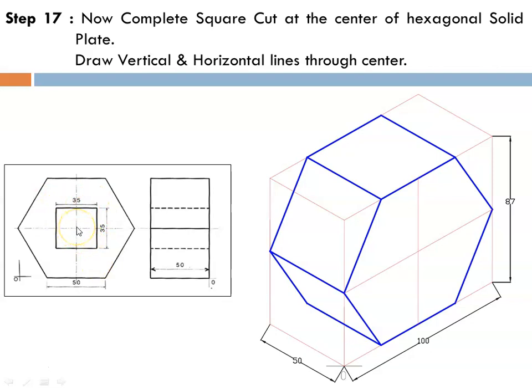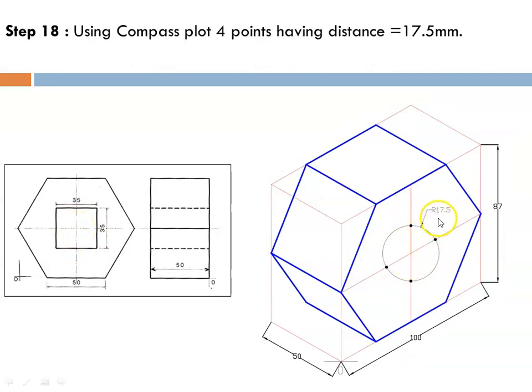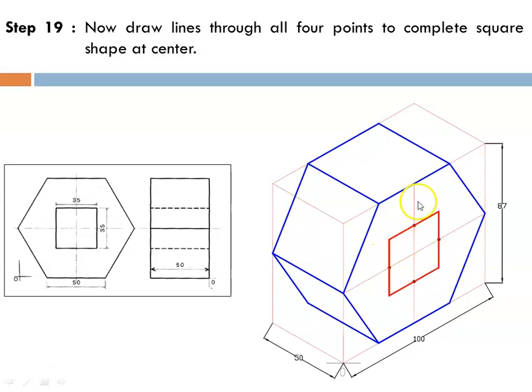Now it is a square of 35 by 35. It means it is having 17.5, 17.5, 17.5 and 17.5 from the center. So take a compass and draw a circle with a radius of 17.5. So you will get all the points at a distance of 17.5 from the center. So just plot these points. Now through these points, first consider the vertical line parallel to this through this point and this point. So you will get two vertical lines, and then parallel to this a horizontal through this point and this point. So you will get a perfect square in a 3D object.